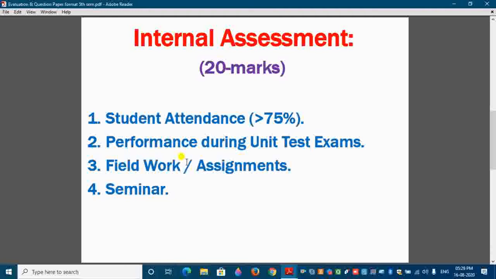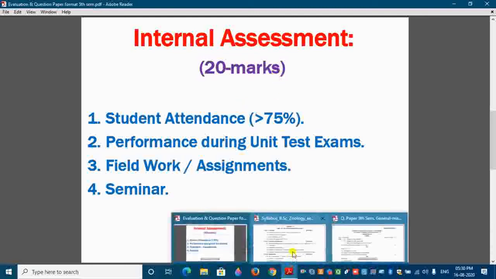In the same way, especially for the BSc final year students from the fifth semester, there are some seminars you have to arrange in your class. Especially you can do micro teaching on any topic, or a discussion on any topic. So smaller seminars can be arranged in your class or at the class level in the colleges, and on the basis of all these four criteria you can get the 20 internal assessment marks. In this way you can score the 20 marks from the internal assessment.